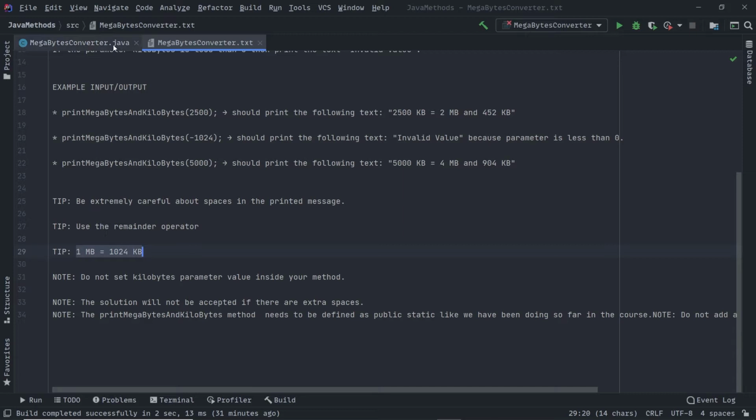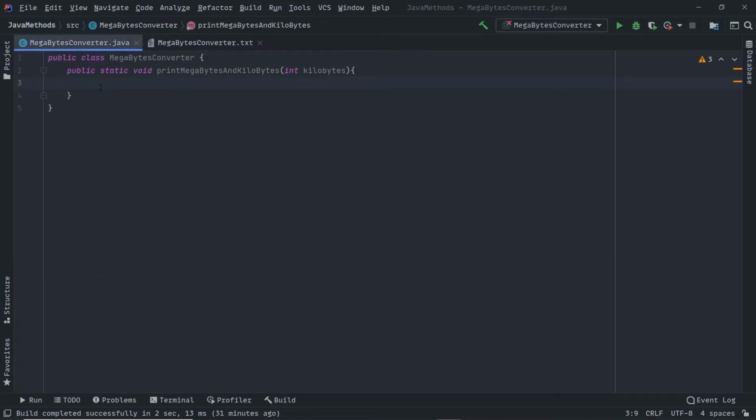So let's start our code by declaring a float value for 1 kilobyte and initialize it with 1. Create another float value called 1 megabyte. 1 megabyte is equal to 1024 multiplied by 1 kilobyte.